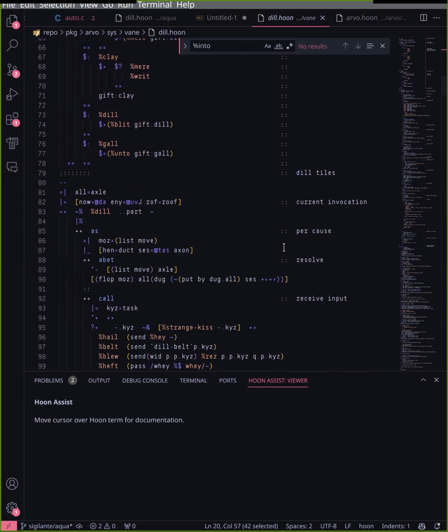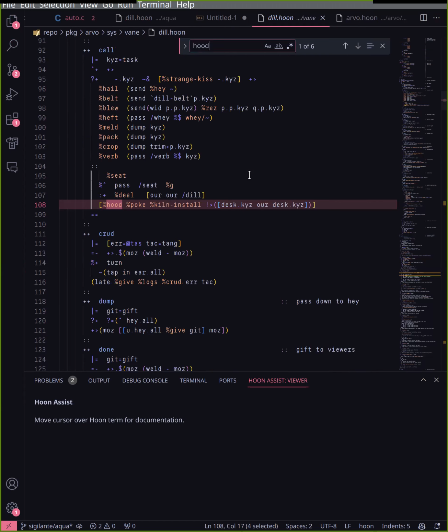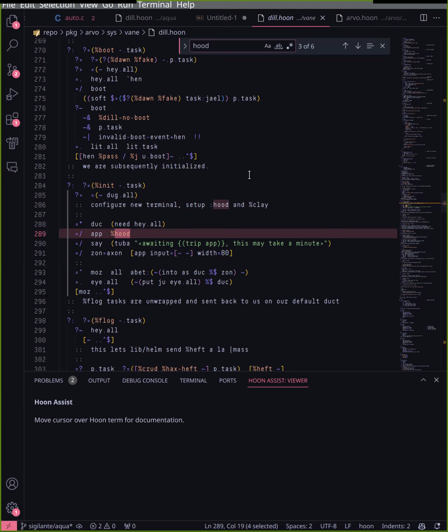Where is that the only mention of Hood? It talks to Hood in a few different places. So there's a, okay, it's just hard coded. Configure. No, here we go. If you get an init task, you set up Hood and Clay. But it's hard coded. And this does, and look at line 293,